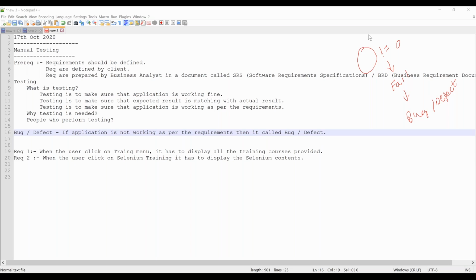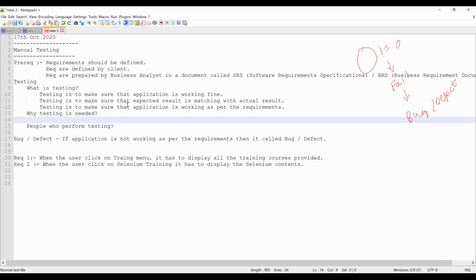Thank you, guys. Okay. So bug or defect is if application is not working as per the requirements, then it is called as bug or defect. Okay, so that is the main purpose of doing testing. Why we are doing testing? Another reason. So why testing is needed?